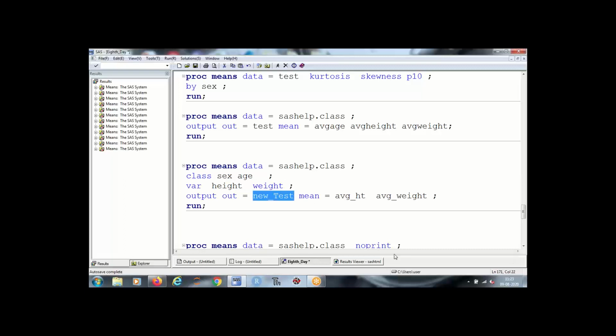So output basically refers to the output of any procedure, and out is used for storing data in some another SAS table. So output out में जो output आया उसको out कर दो, इस new underscore test में.